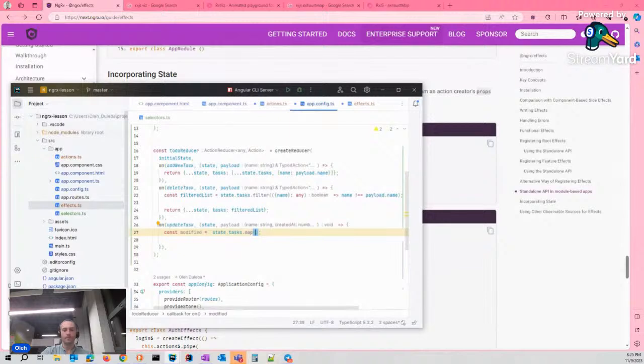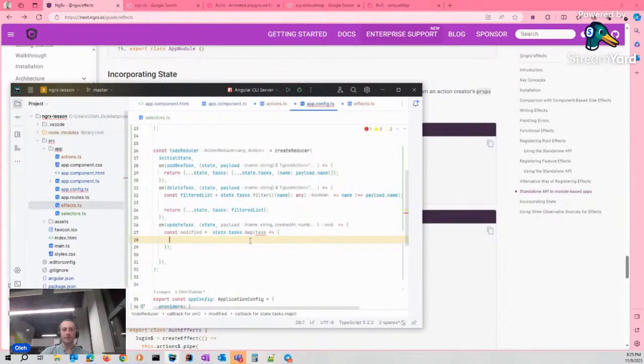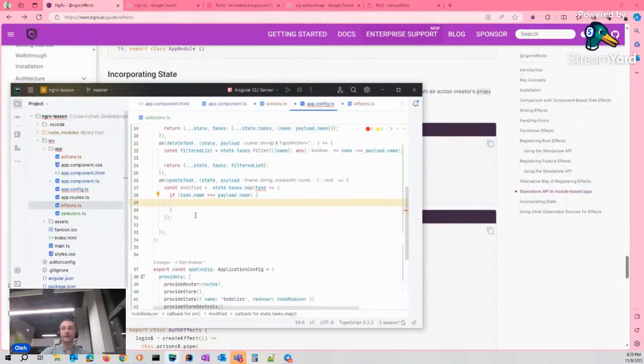And if this task name is the same as the payload name, it means that we found the task that we have to modify.